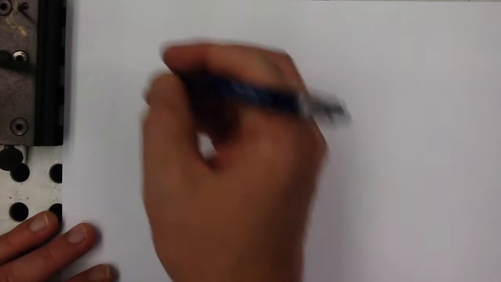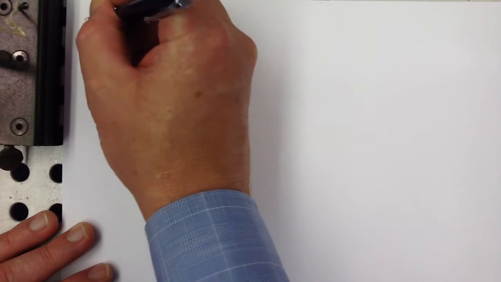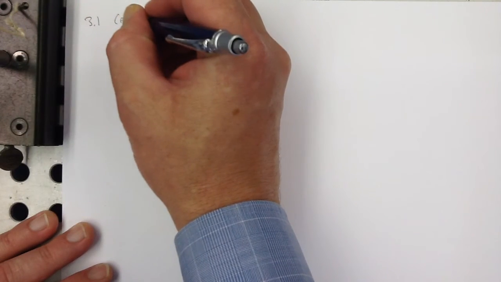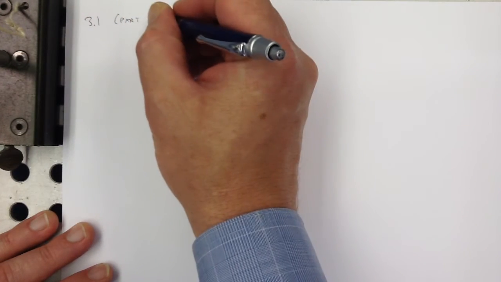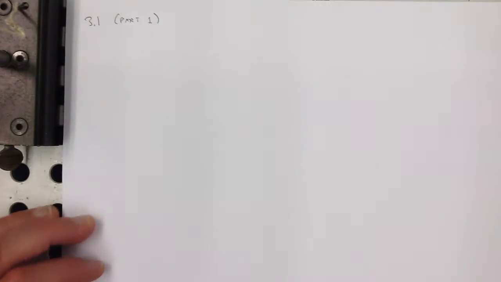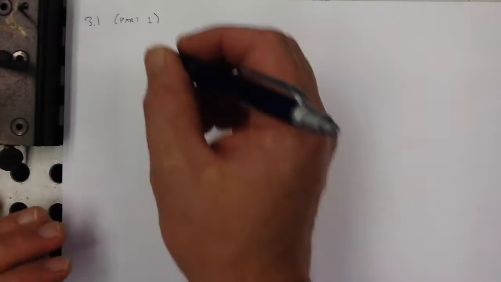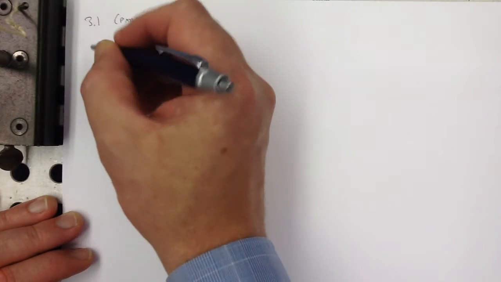Here are some notes for you for section 3.1. We'll call this part 1. You could separate this section into two parts. The first part is really more of a conceptual sort of why we are going to be interested in the kind of problem we're going to be interested in here, and then the second part gets more into the nitty-gritty of that. So part 1, we want to talk about